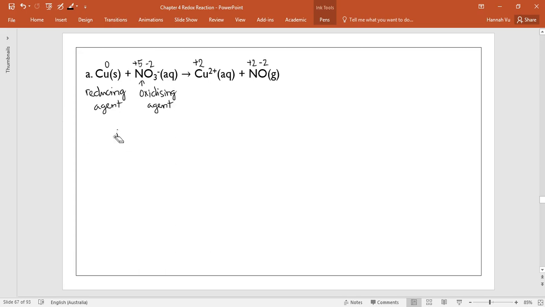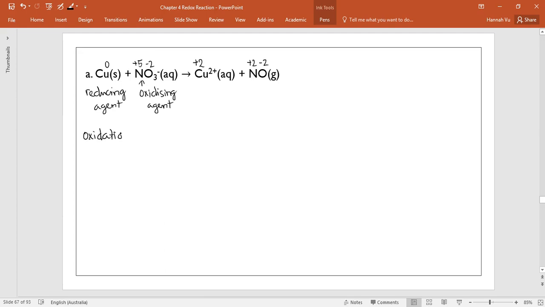before I start this, I'm just going to quickly look to see whether I could split anything, but I don't think I can. Copper is a solid. NO3 minus is already an ion, so you can't break that into anything smaller. Copper 2 plus is already an ion, and NO is a covalent gas, so you definitely can't break it down into anything smaller. All right, so now we have oxidation,